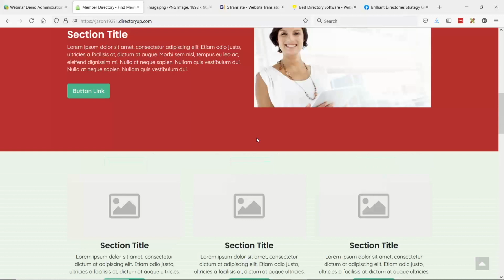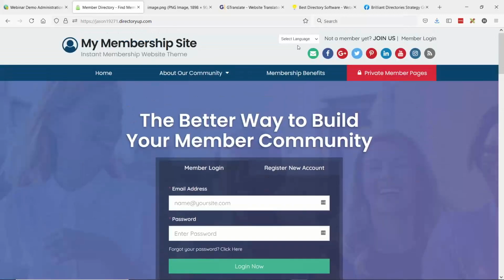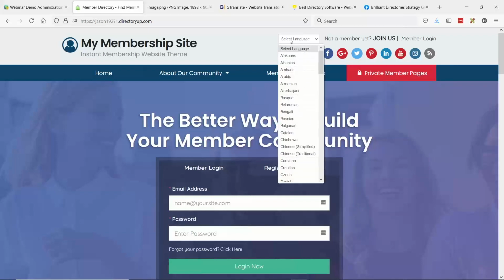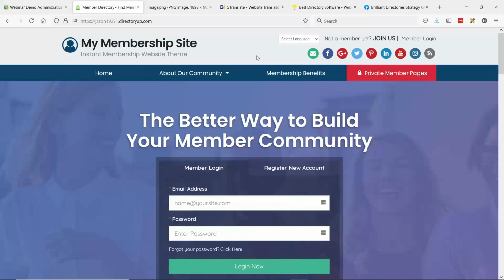Let me scroll up to the site. So if you've enabled the Google Translate, no matter what you've set your default language to, it will always say "select language" in English as the placeholder here in the drop down for Google Translate. What we've done is a little modification and now made this a text label. So if you're starting your entire site in German, you don't want this to say select language, you want it to say select language in German.